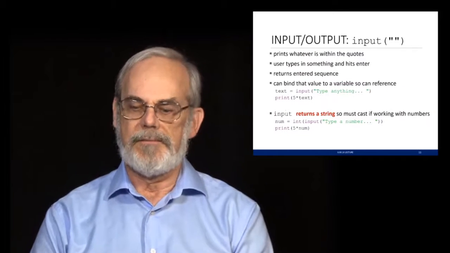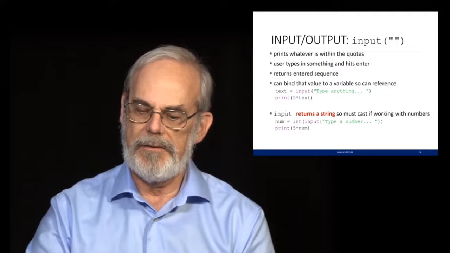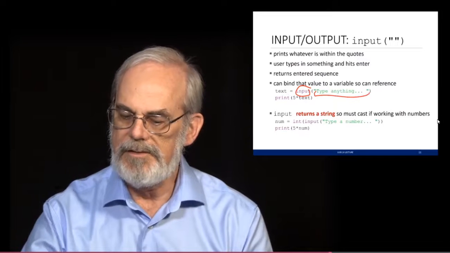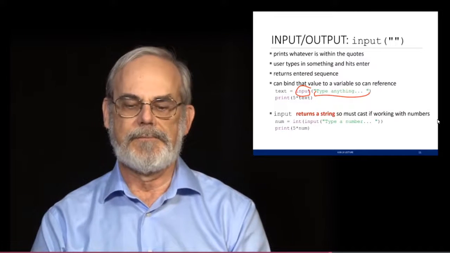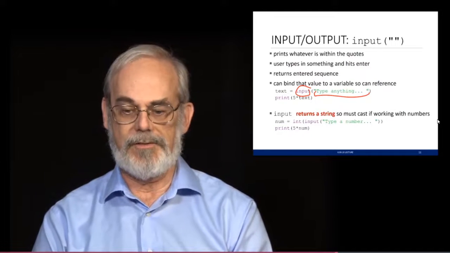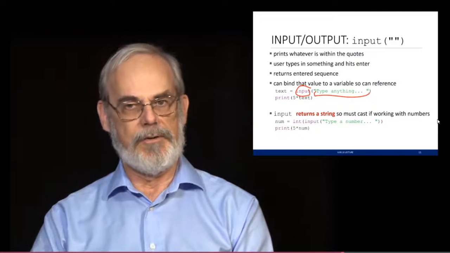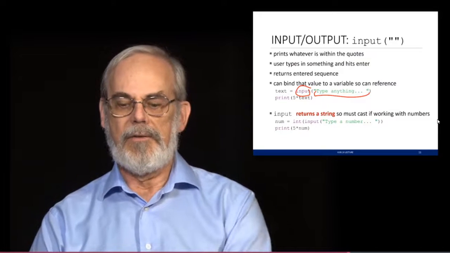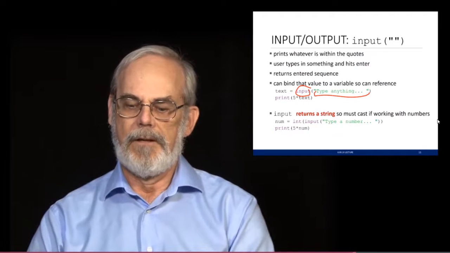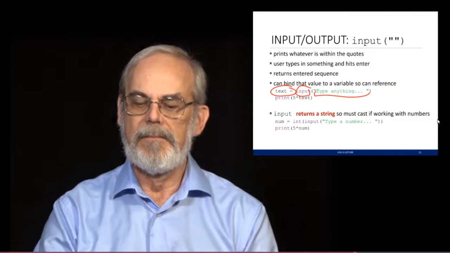What about the other direction? I want to bring in input. And here I have another keyword called input, not surprisingly. And it takes a single argument, which is a string. And its behavior is it's going to print out whatever's inside of those quotes, that string. It's going to wait for me to type something in. When I hit enter, it's going to evaluate whatever I typed in and return that as the result of the input statement. Typically, I'm going to want to bind that to something, so I can bind it to a variable